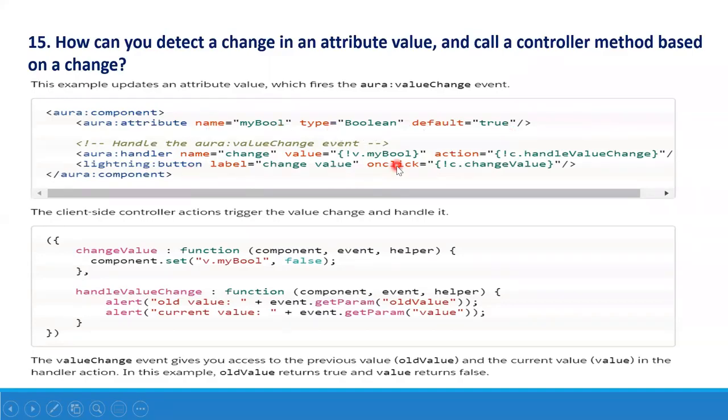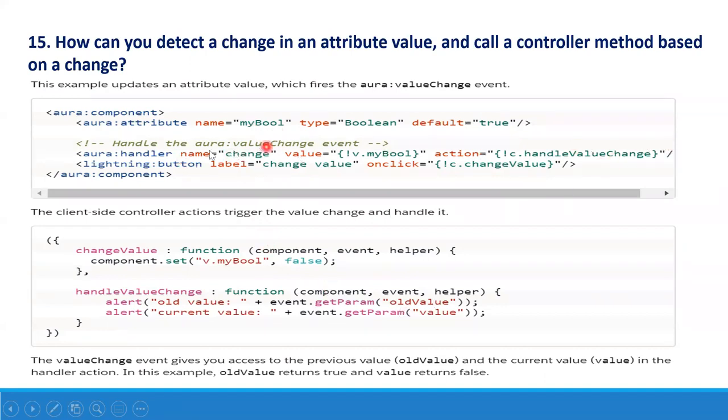By clicking a button, what am I doing? The button action is handleChangeValue. In that action, I am making the attribute false. So the attribute changes, and this event will execute. Which event?